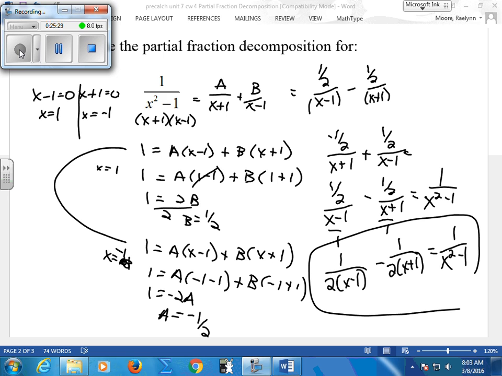You gotta solve for A by eliminating B, then solve for B by eliminating A, then bring A and B back into your statement, and, like in this case, just clean it up a little bit. You can't leave a complex fraction. Good? It's kind of a weird spot that we put this in here. It doesn't have to do with our